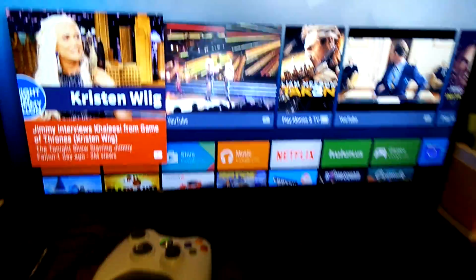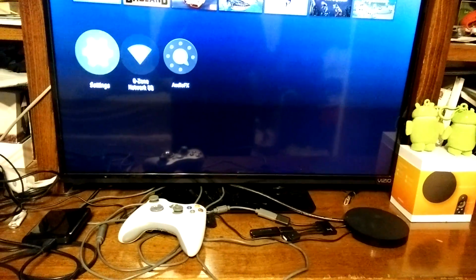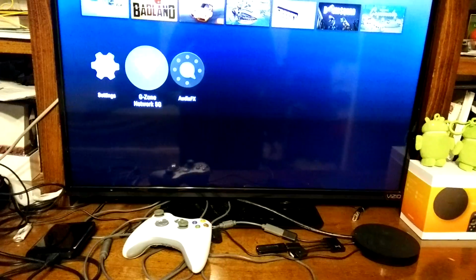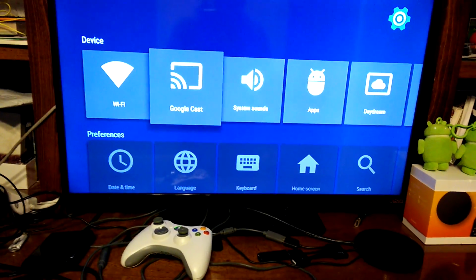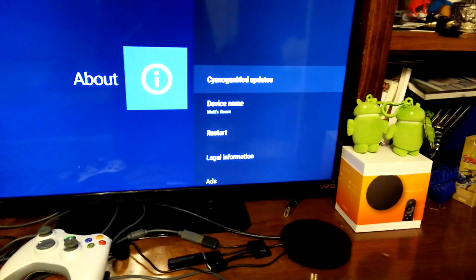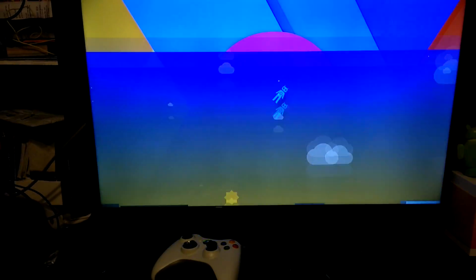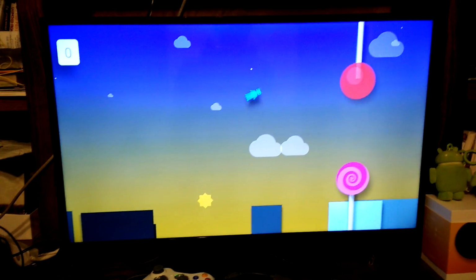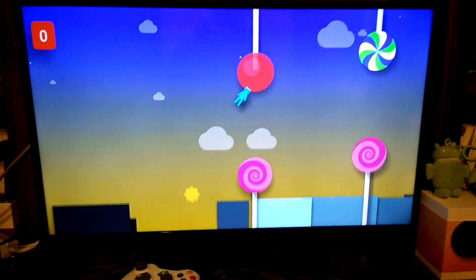So right now on here I have CM12.1. It looks pretty close to the stock software except the audio effects right there. But if we go into the About section, of course, it says CyanogenMod. And go down here and get to the little CM game that I'm not very particularly good at. I can't even get 1 point. Anyways,